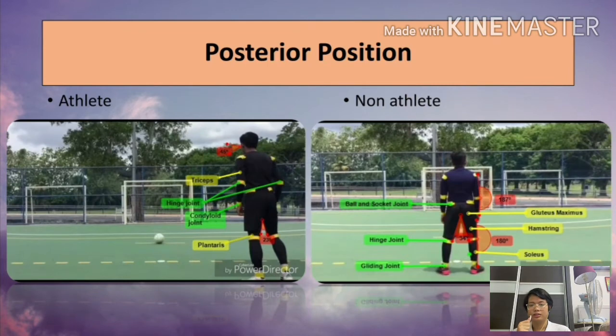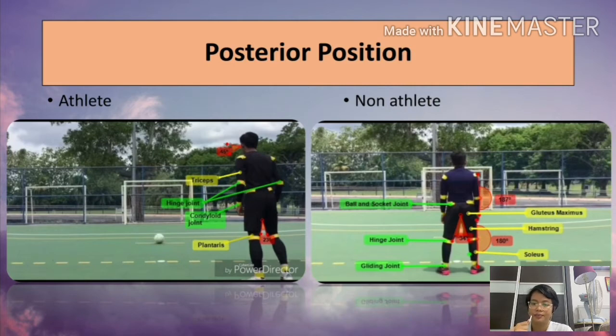Okay, next is the posterior position. As you can see, from the posterior position, the athlete body is a bit lean forward than the non-athlete, which is the athlete is a bit ready for shooting the ball, and the non-athlete is a bit unready and not focusing on the ball. Okay, the muscles being used at this position are tricep, plantaris, gluteus maximus, hamstring,